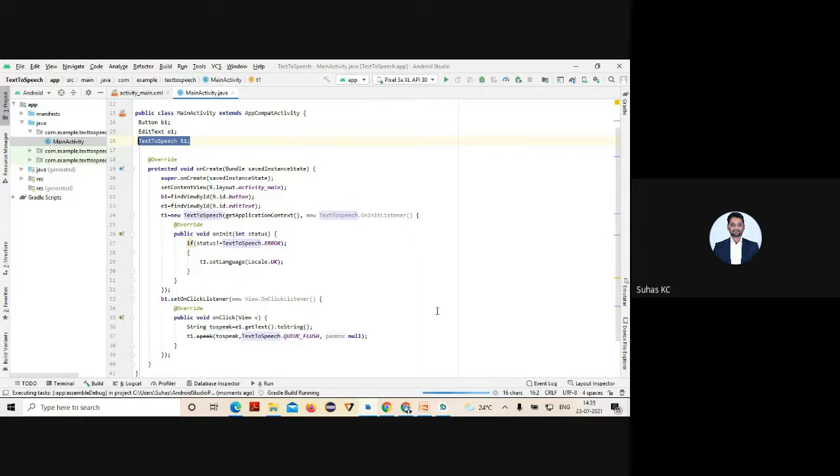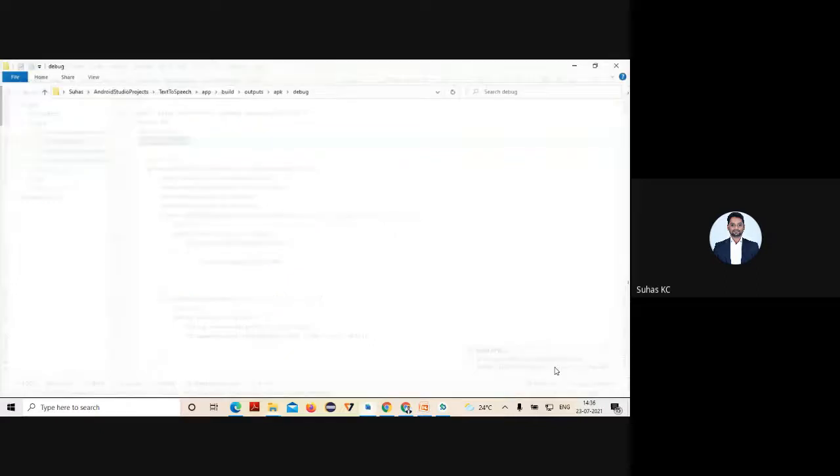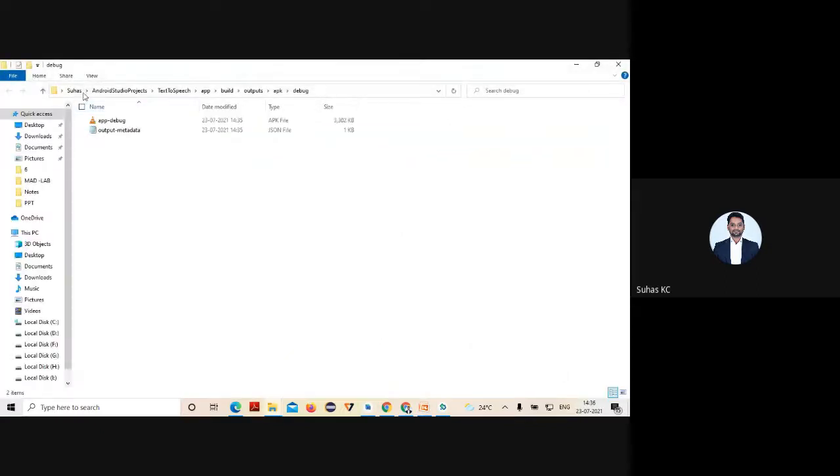Once you do that, it's going to build, and after that you'll see at the bottom of your screen an option called locate. Just press that locate. Notice in your Android Studio project, in your build, in your APK, in your debug folder, the APK file will be stored.